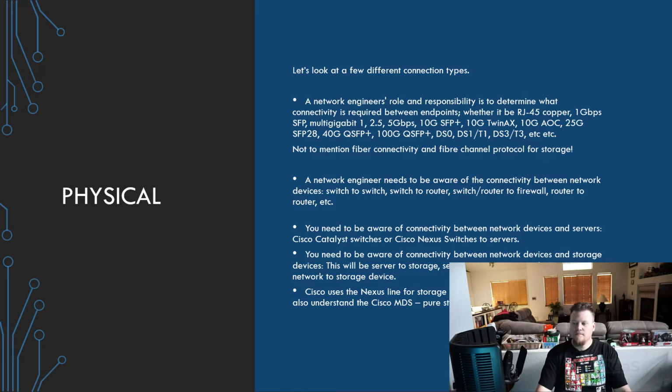The ISR 4000 series has technically 8 ports, but you can only use 4 of them. So it has 4 copper ports and 4 SFP ports. You just have to choose between copper or fiber depending on which one you need. When it comes to switches, well, Cisco 9300 series, they have both all copper ports and all fiber ports.